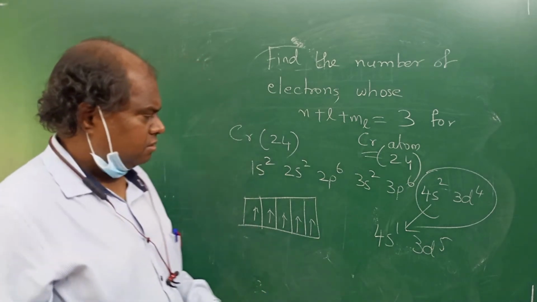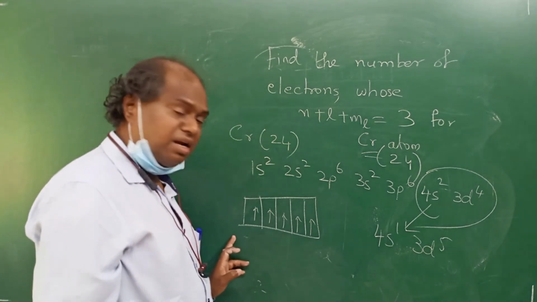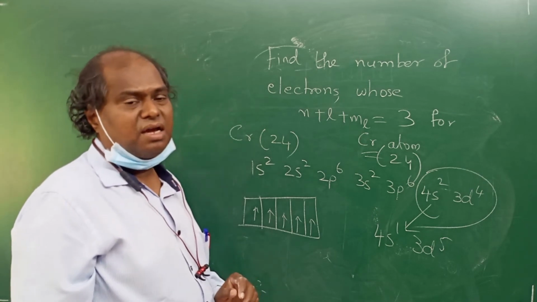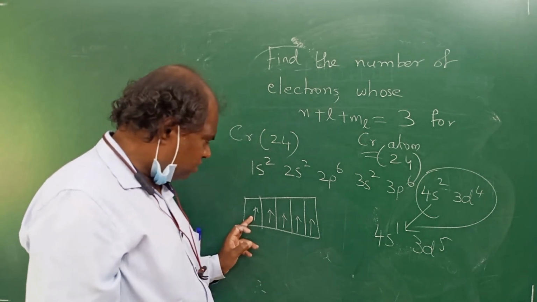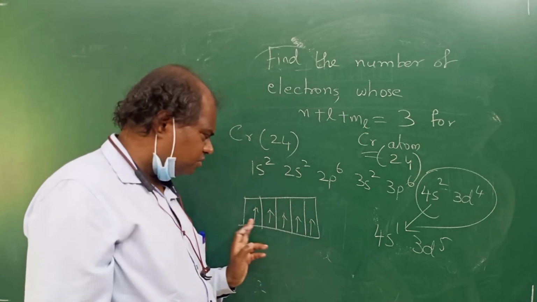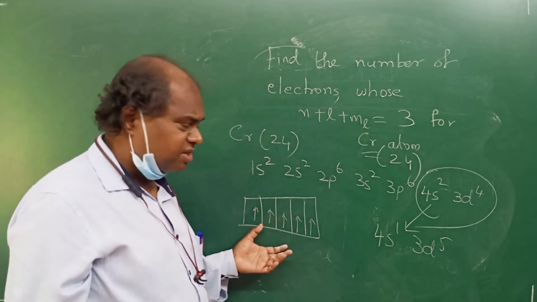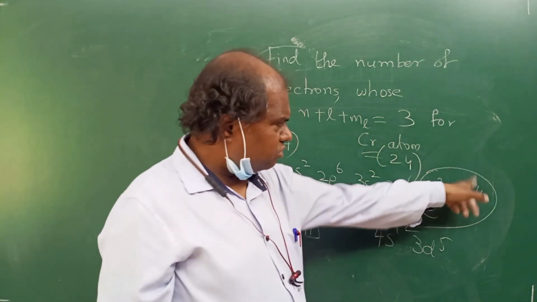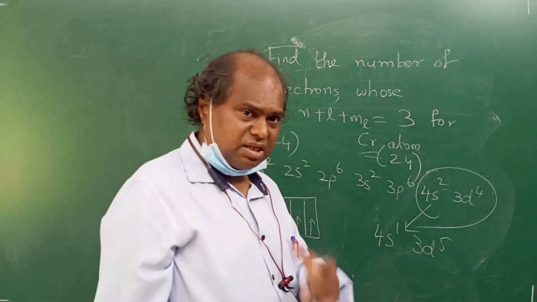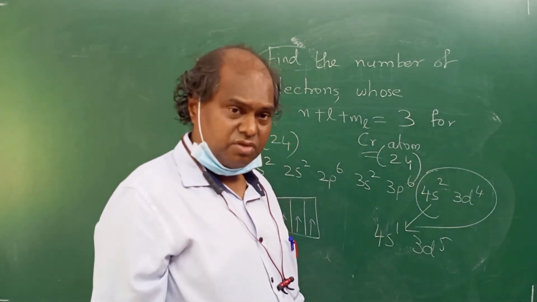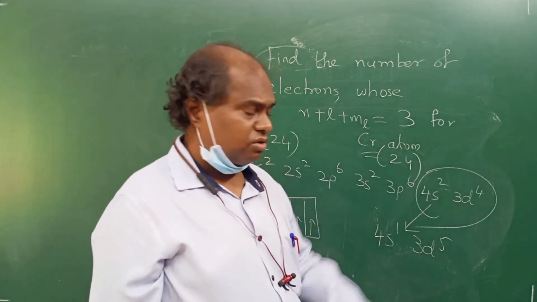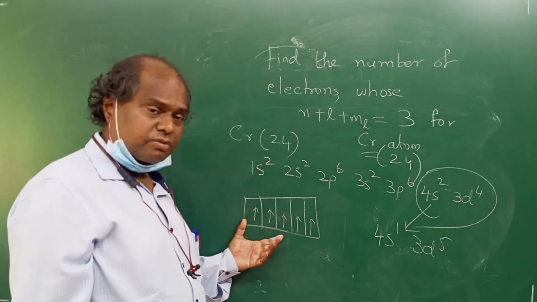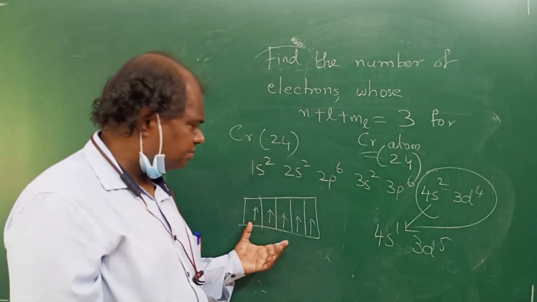Correct? 3d5 when you write, students, you will get a situation like this, half filled. Okay? Half filled orbitals are highly stable. Now why? Because this electron can move from one place to another place. This electron can jump to this place. They can keep moving actually. Very stable, very stable. Okay, so what you are doing here is you are shifting one electron from s orbital to d orbital. Now you will say, sir, it requires energy. Yes, it requires energy, because you're shifting, you require energy. But the benefit that you get is very high, because it becomes stable.